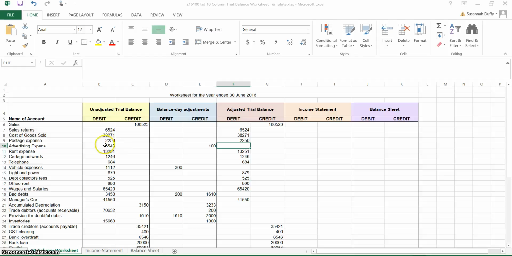So for example, advertising expense has 16,000 debit and then a credit of 100. This credit will work to decrease our debit. So remember, if you have a debit and a credit, you'll minus. If it's two debits, you'll add together. Two credits, you'll add together. So in this case, we just put in our equal sign, click the 16,000 debit minus 100 credit, and that's